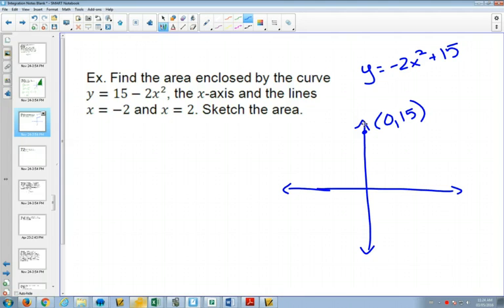Now, a couple of things about it opening down. Maybe you remember from previous years with that negative 2 that you can go over 1 and down 2. And then do you remember how much you'd have to go over and down the next time? Down 6, because it goes by odd numbers for a parabola, 1, 3, 5, 7. And since it's a 2 in front, those would be doubled. So it goes 2, 6, 10, 14. So if I go down 6 again,